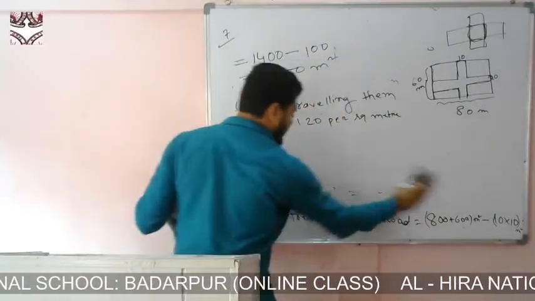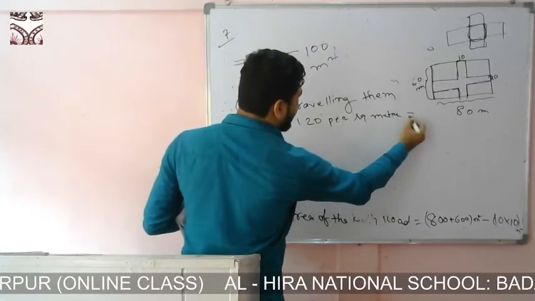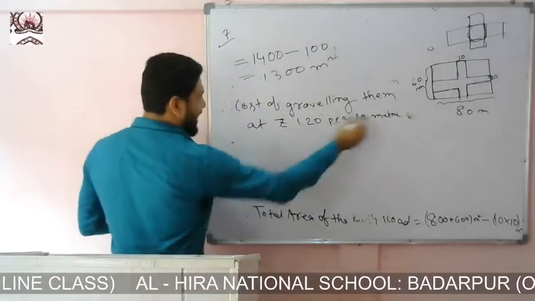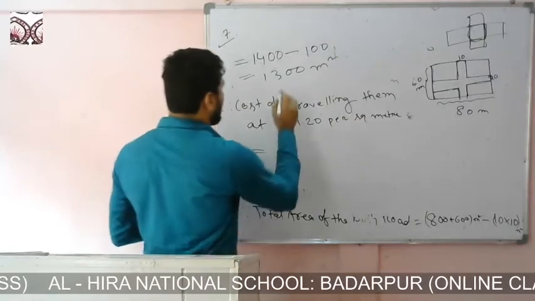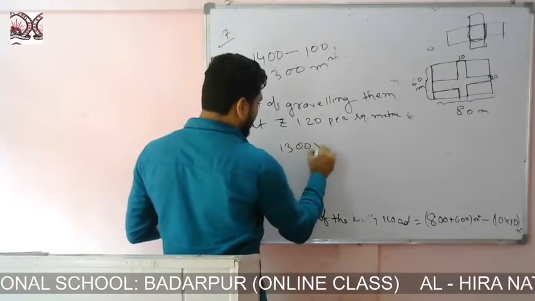We'll write here, you write the equals sign in your copy. I have no space, for that reason I am writing here. So 1300 into